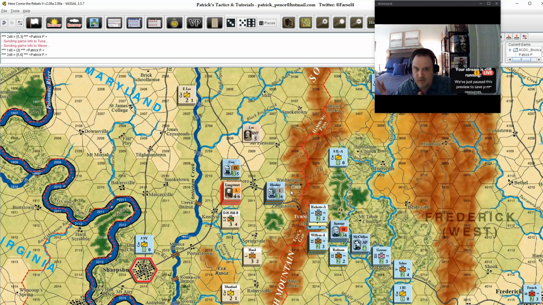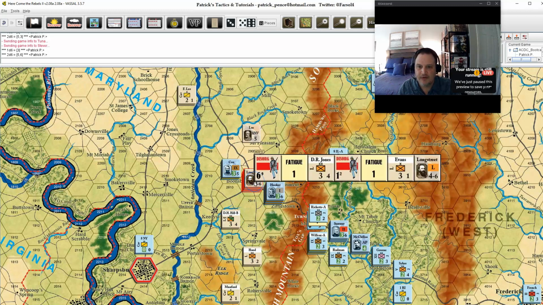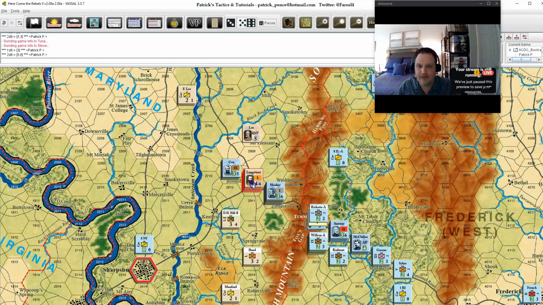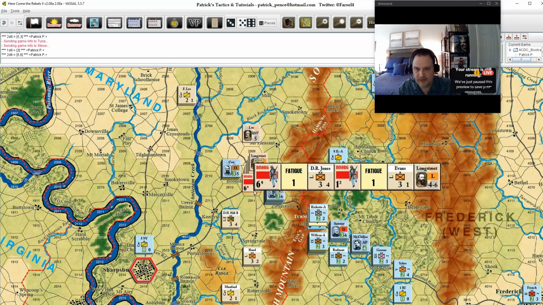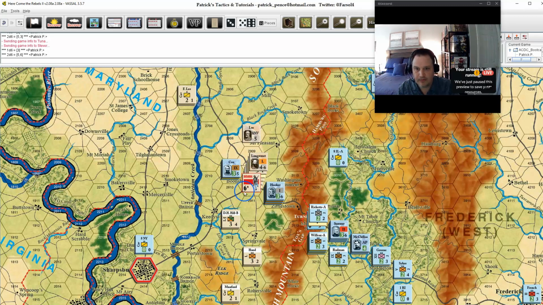And that's how you get more victory points, and you make it worse for the defender for subsequent turns. Okay, so he gets the 1D here and a retreat, so he has to retreat at least 2 hexes away, but he could go up to 4. So in this case, he decides he's going to reduce Dr. Jones by 1 manpower,